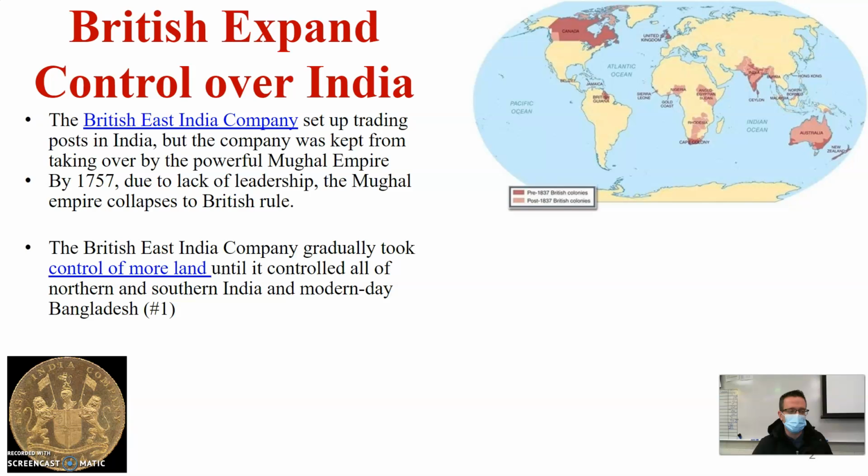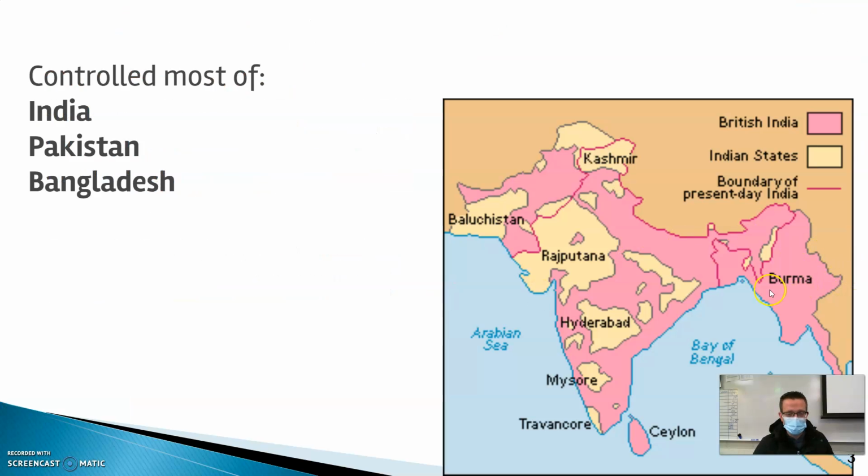took over more and more land until it controlled all of northern and southern India, and really modern-day Bangladesh, India, and Pakistan. So they end up controlling 3/5 of all of India. A lot of these princely states are reliant on the British territories that are now controlled by the company. But really, just so you can see also, Bangladesh and Pakistan were also controlled by